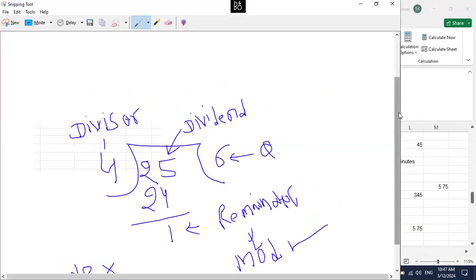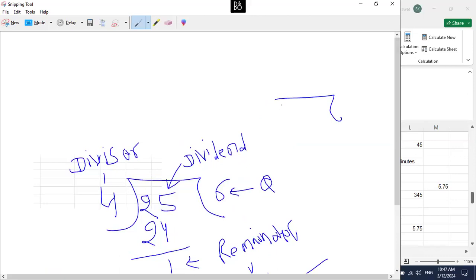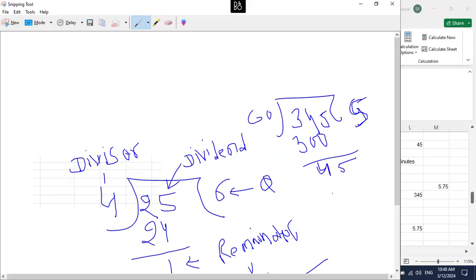सिंपल क्वेश्चन पूछ रहा हूँ यारो, कंफ्यूज काहे को हो रहे तुम लोग। 345 यहाँ से 60 से डिवाइड करना है इसको, कितना हो गया, कितने टाइम पे गया डिवीजन? 5 times. कितना बचा यहाँ पे? 5 क्या है? क्वोशिएंट है ना ये? Quotient. क्या है? रिमाइंडर, राइट? Remainder. वही तो पूछ रहा हूँ मैं।